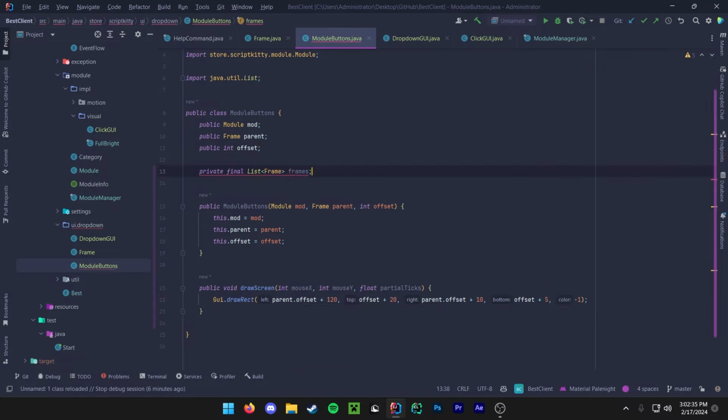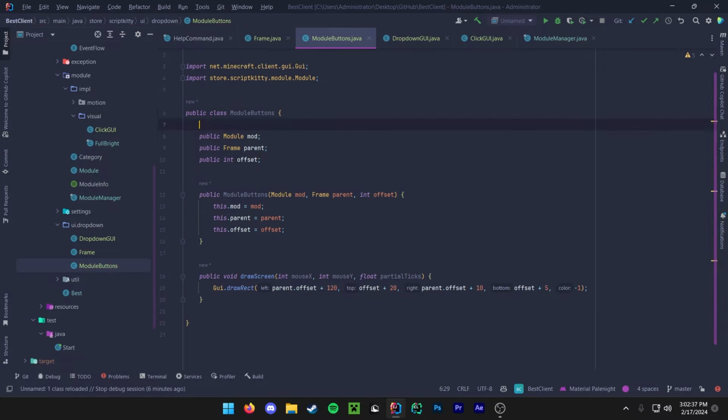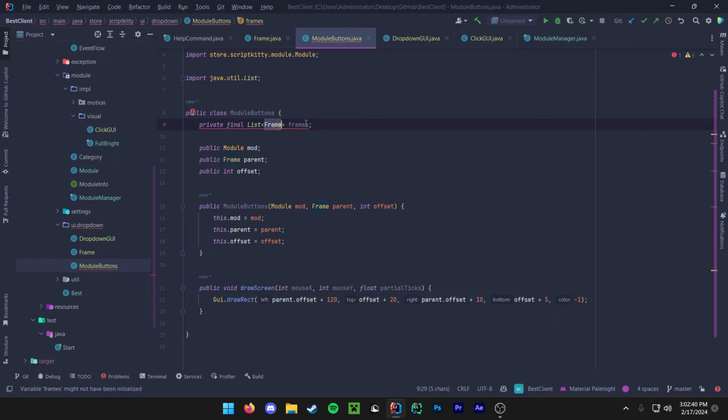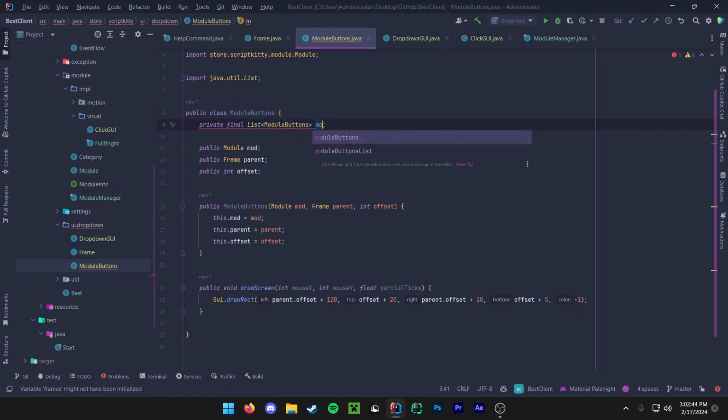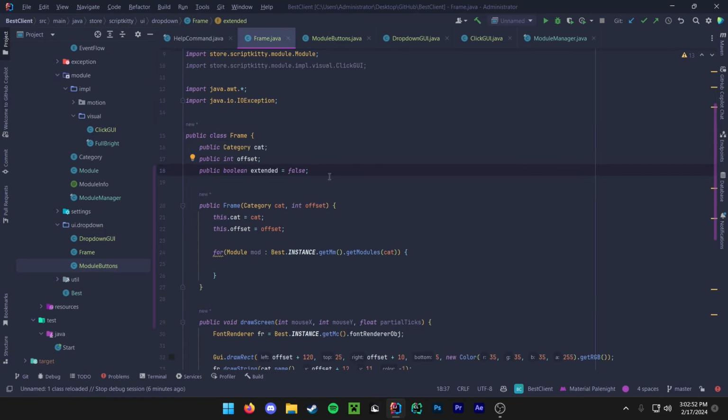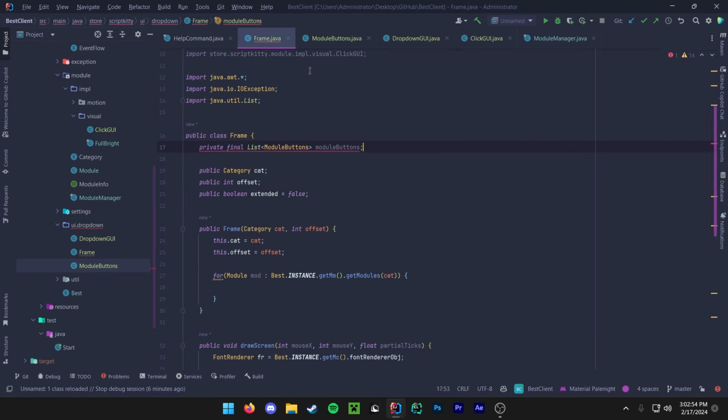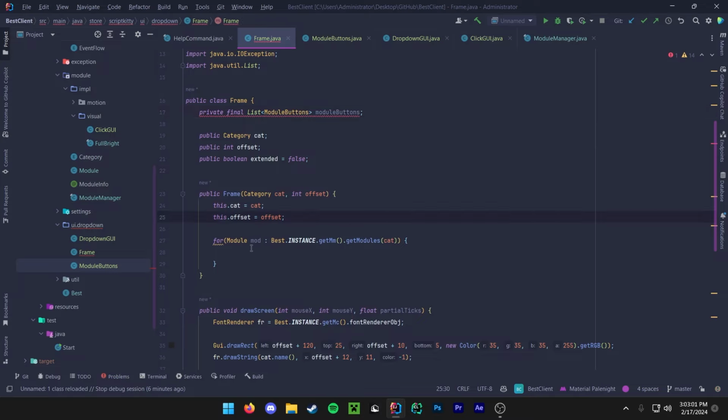So we're going to go down here. Actually, we want to go up here. We're going to make a new list. This is going to be module buttons, right? So now, oops, this is in the wrong place. We want to go into frame, and we want to make this. So we're going to go in here, make that, module buttons, and then down here, we are going to do